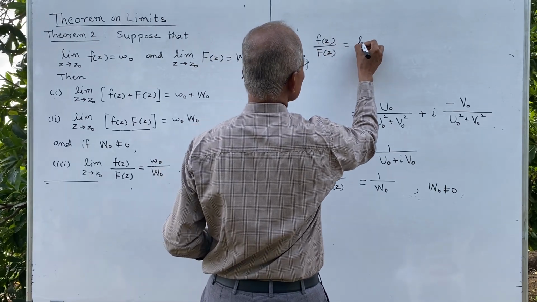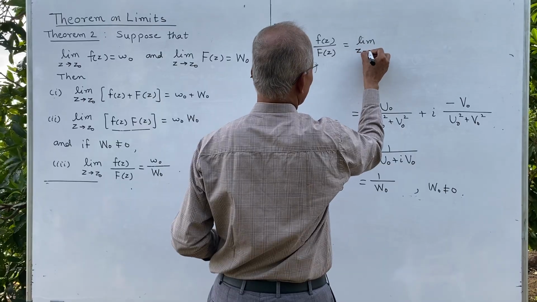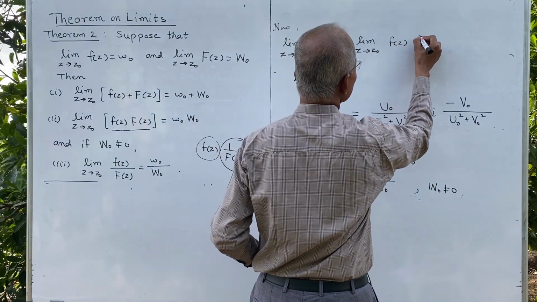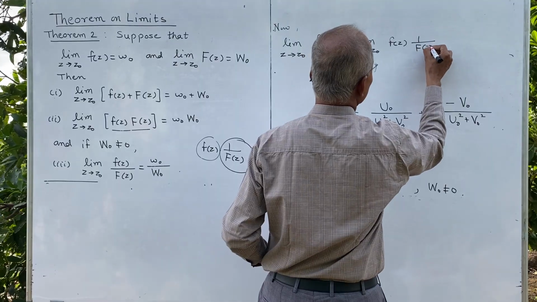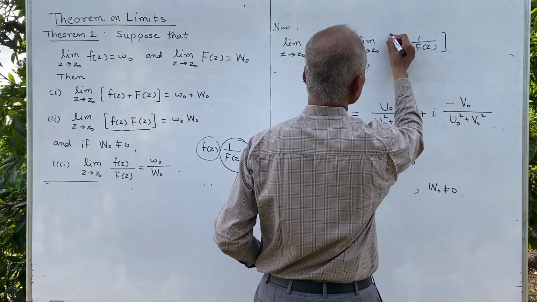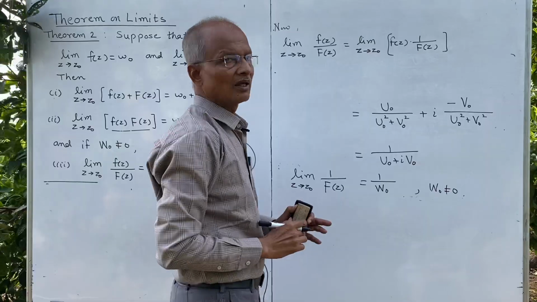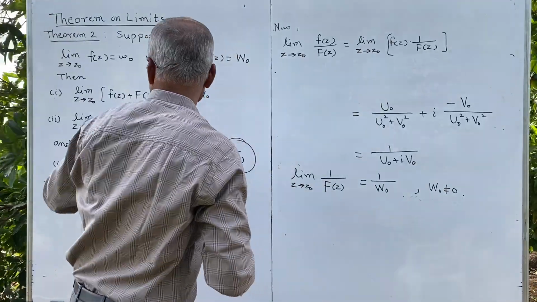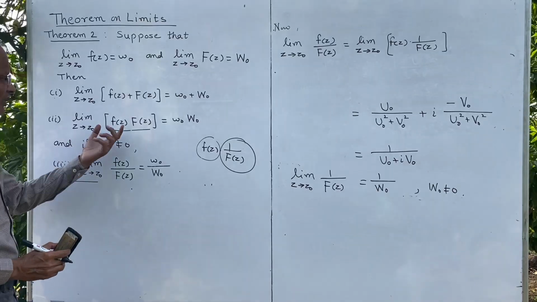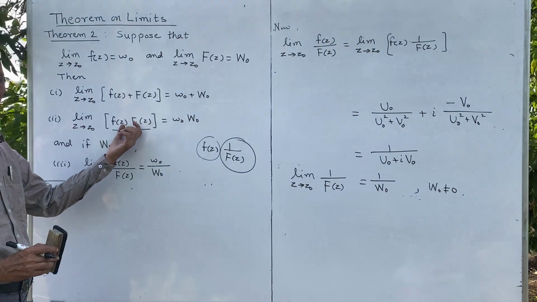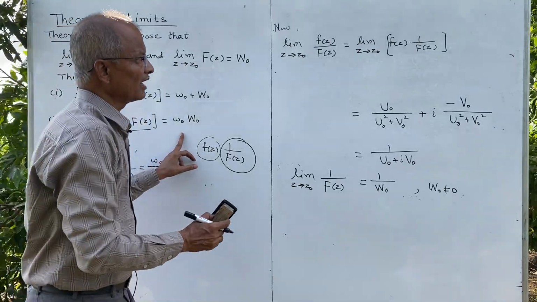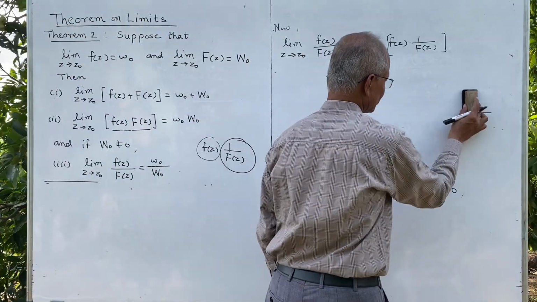We shall express this in the form of a product. This is f of z into 1 upon capital F of z. Quotient is expressed in the form of a product, and for this we shall use the second result. So what about this? Limit of f of z into capital F of z is limit of f of z into limit of capital F of z, and therefore this will be